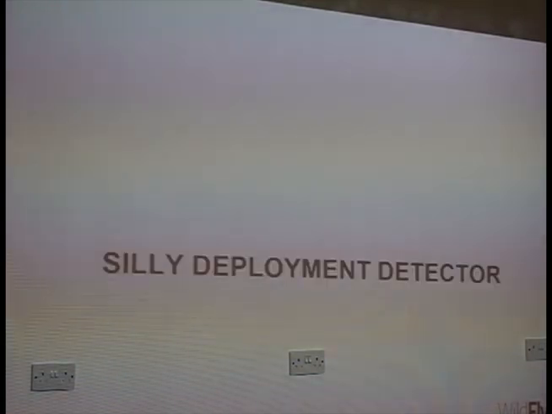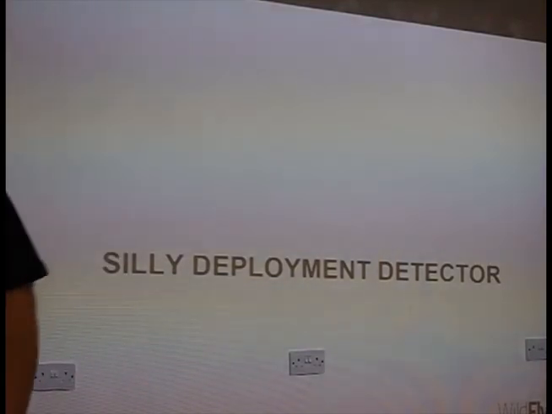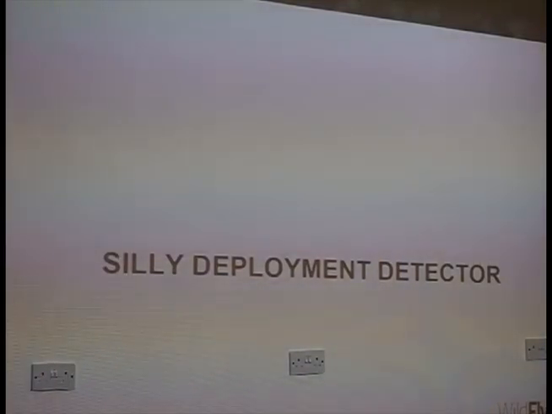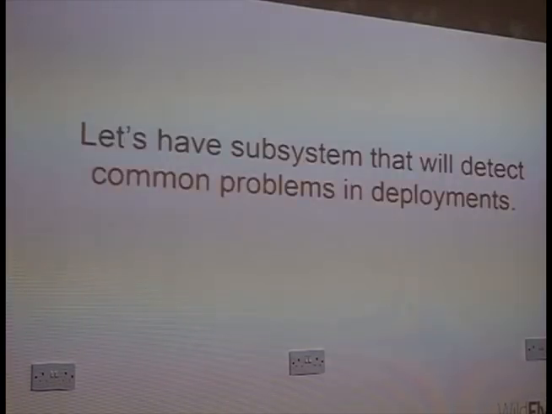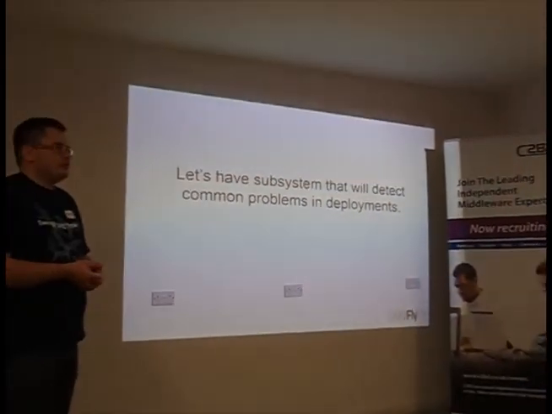So let's talk about silly deployment detector. That was the name that one guy on the community said it would be really nice to have, and I did it, so here it is. It's still not done. It's ever welcome to pitch in because I don't have time to work on it. But basically it's the idea to have a subsystem that will just detect the common problems that you have in deployments. The common problems can range to